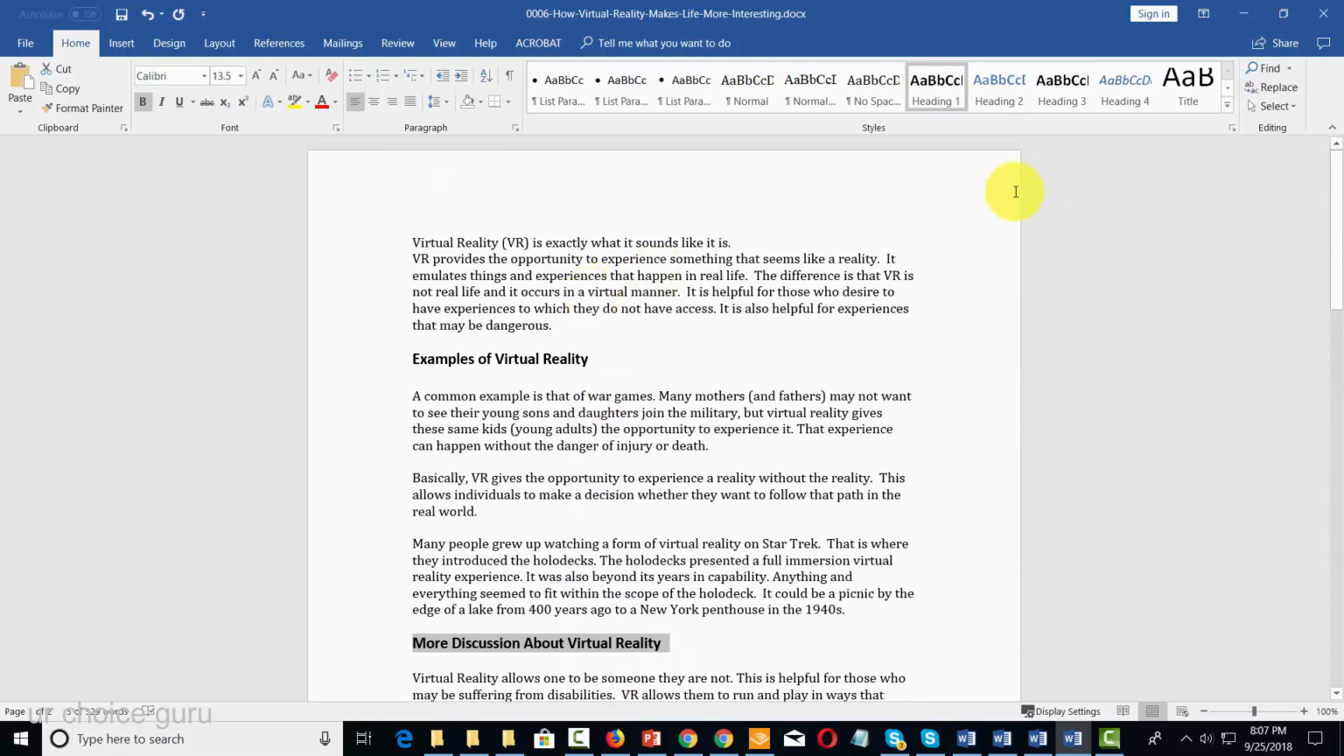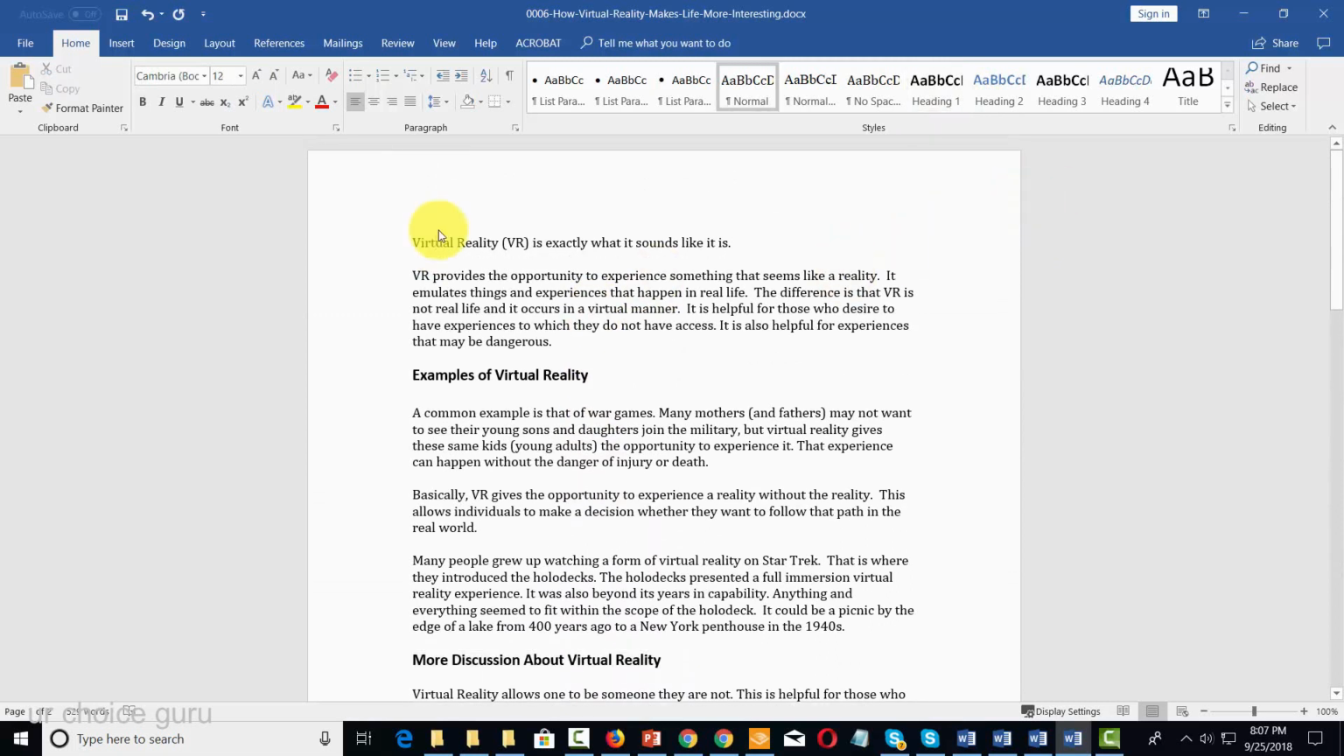We're going to give our document a title. We're first going to highlight this text. We're going to change the case in the text. We're going to make this so that we capitalize each word. We're then going to take out the period. We're then going to center this